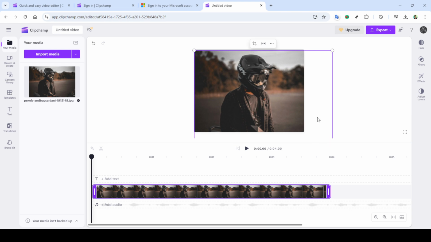And there you have it. Mastering the zoom in effect in Clipchamp can give your videos a professional touch by drawing attention exactly where you need it. Practice these steps a few times, and soon enough